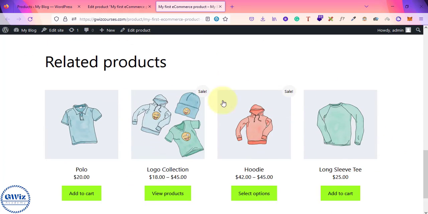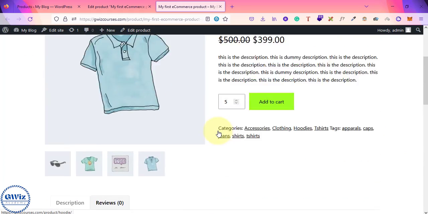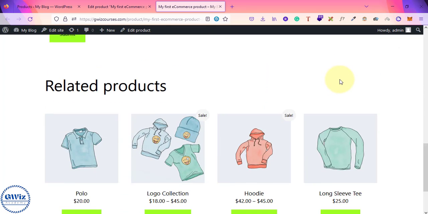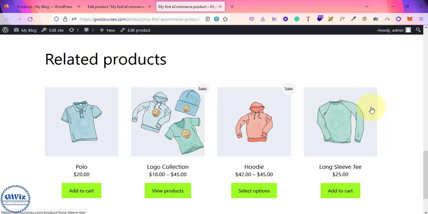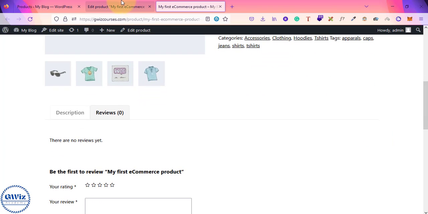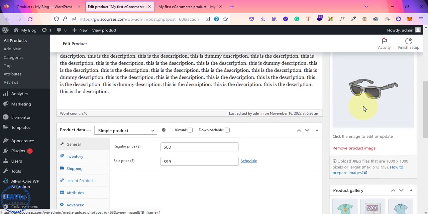This depends upon the theme that you are right now using. I think we are using the default theme, not the Astra theme. Based on the theme you are using, the appearance, the look and feel, will change. Now, the important thing that I need to show you is, if you scroll down here and go to your linked products, see,